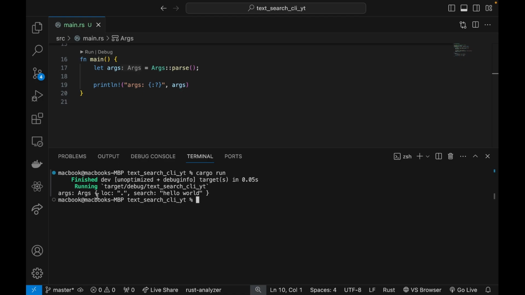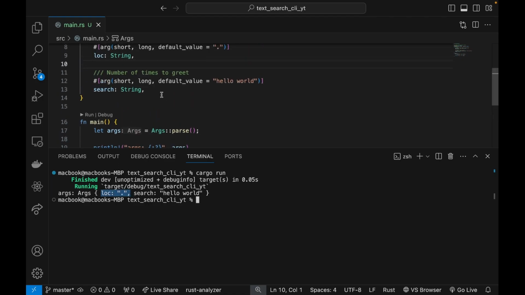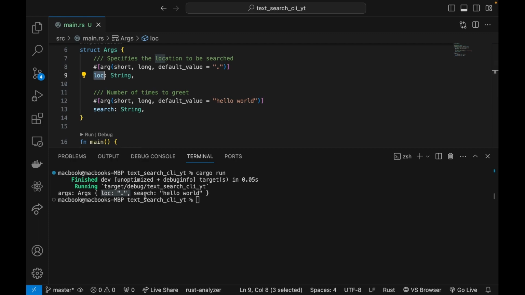Our args are loc, which is our location, and search, which is going to be hello world, because those are the default values. Now, for us to set the default values ourselves, since we have not compiled this into a binary, we have to add this double dash so that we indicate to Rust or to cargo that everything that comes after is going to be an argument, and then we specify our argument with this double dash again before the argument we want to specify, and we can see that the location is going to be